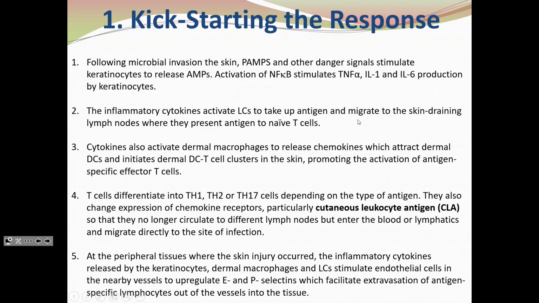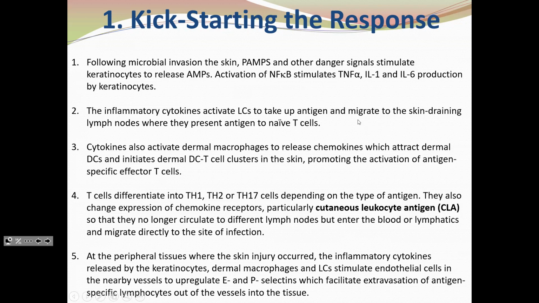So basically, the invasion of bacteria or damage to epithelial cells as a result of physical or chemical damage releases DAMPs and PAMPs. This, as a result of engagement of PRRs, will activate NF-kappa B in dendritic cells or macrophages, stimulating them to produce your inflammatory cytokines IL-1, IL-6, TNF-alpha, activate the expression of class 2 MHC, which will increase antigen presentation, and activate chemokine receptor expression, allowing these cells to migrate to the nearest draining lymph nodes, and then present antigen to the circulating